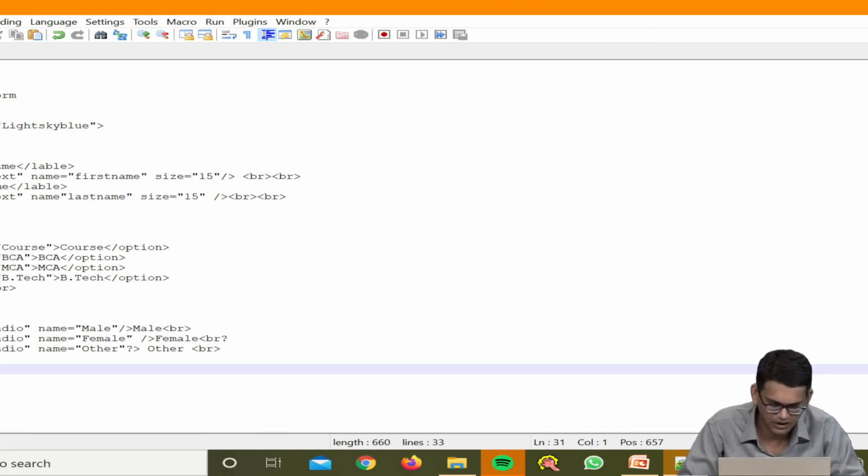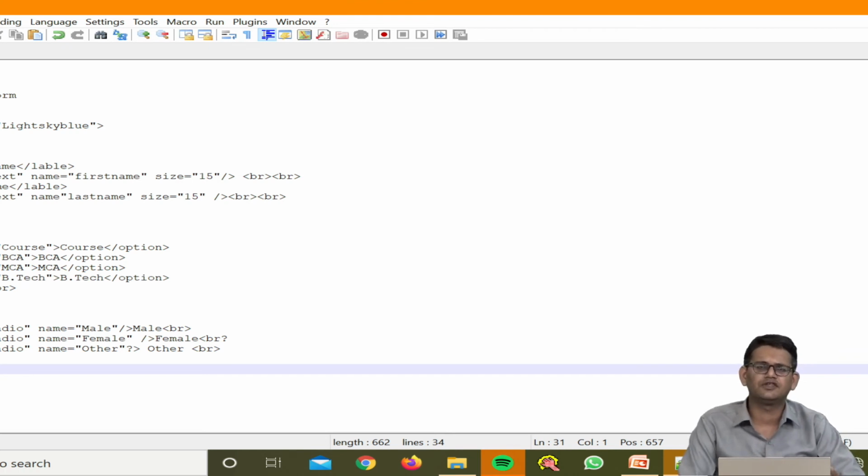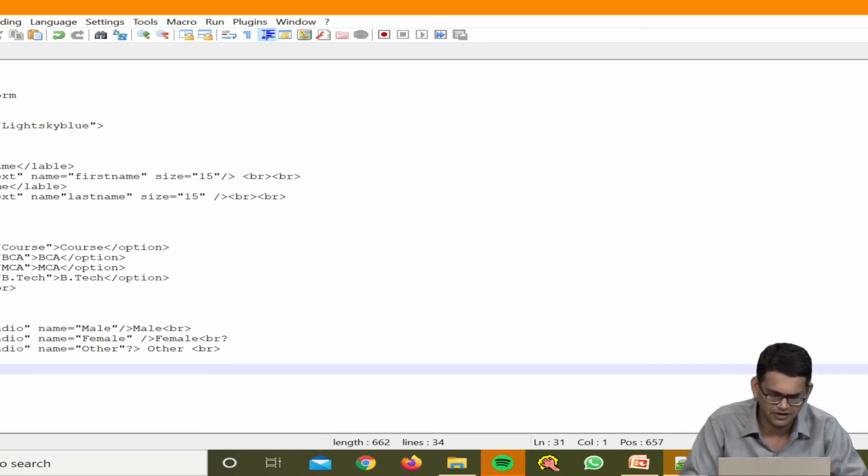Now after this we are going to write a phone number. A phone number can be taken within a single text field, so we will use input type text. For that we need to create a label, phone number, slash label.